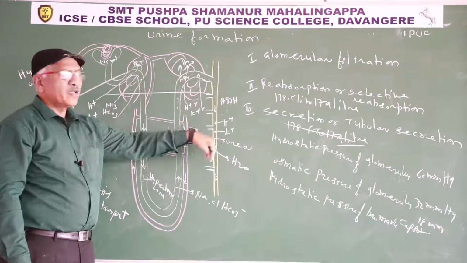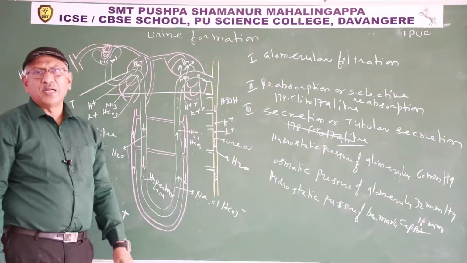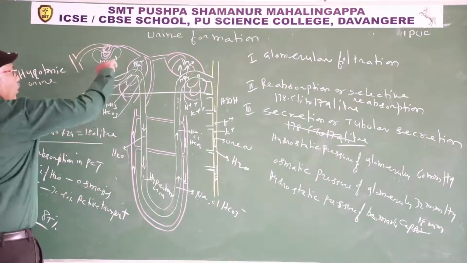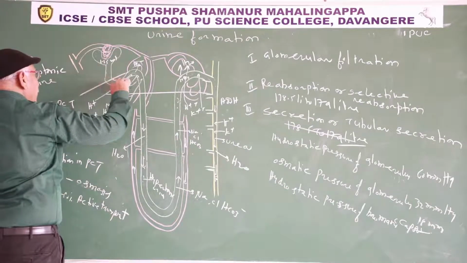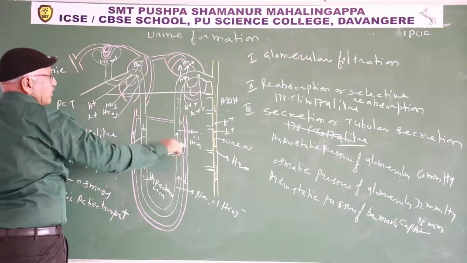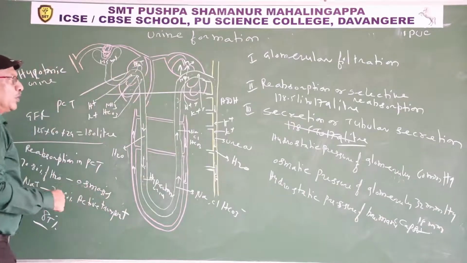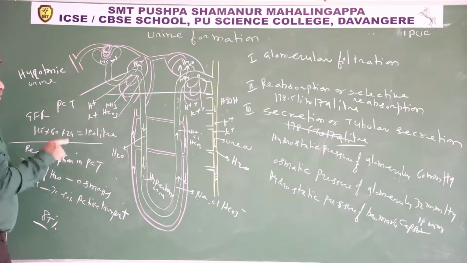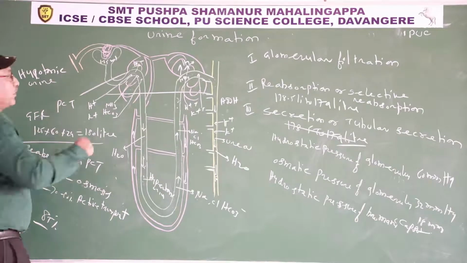While primary urine, you all know 180 liters of primary urine, is passing through 20 lakh nephrons, the primary urine present in 20 lakh nephrons is 180 liters. While it is passing through the nephron, 99% is reabsorbed. While primary urine is passing through the PCT, 70 to 80% of water is reabsorbed passively, 70 to 80% of